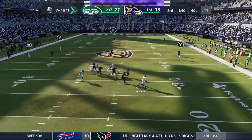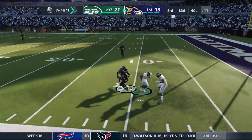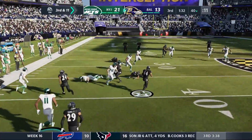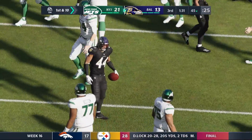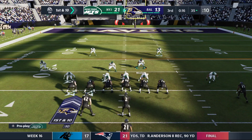Darnold. Nobody to throw it to right now. Trying to get away from the pressure. Throws on the run, and it's way overthrown. It's picked off. He was looking for Denzel Mims. Marlon Humphrey on the interception, and he takes it back to the 45-yard line. Darnold makes his first turnover of the game, and now that brings it to the end of the 3rd quarter